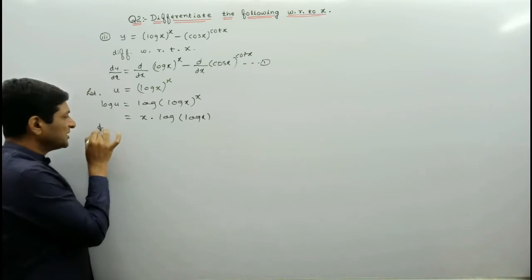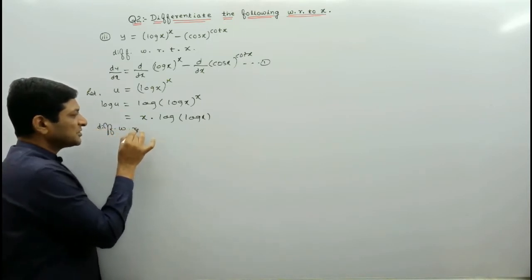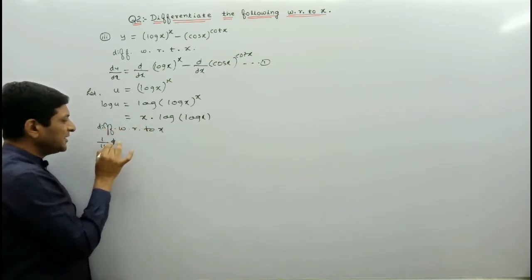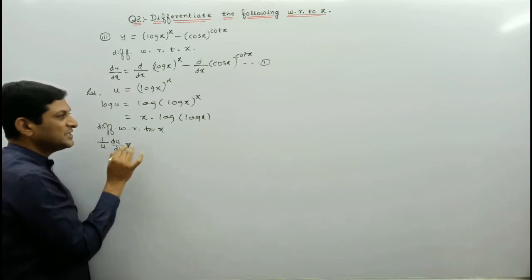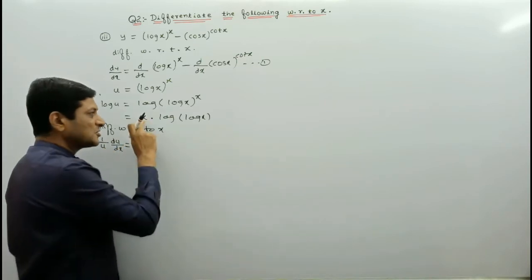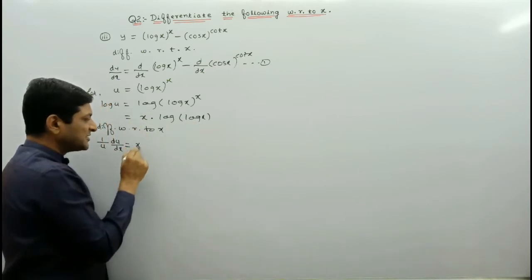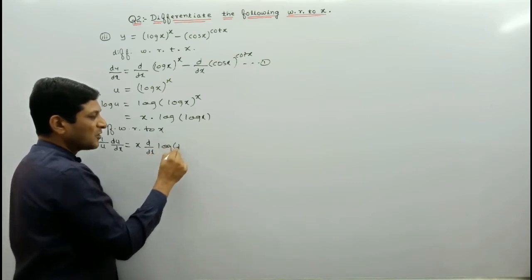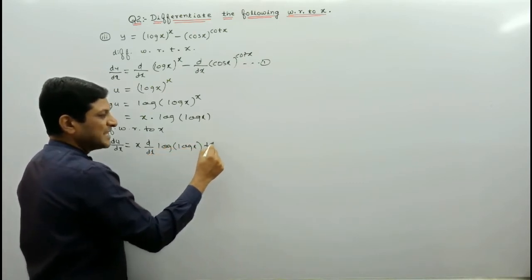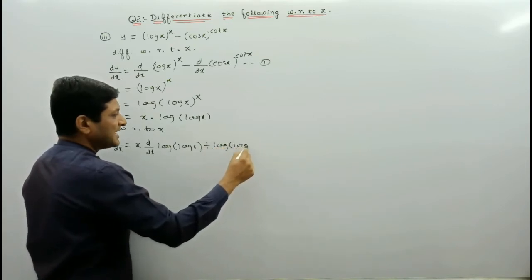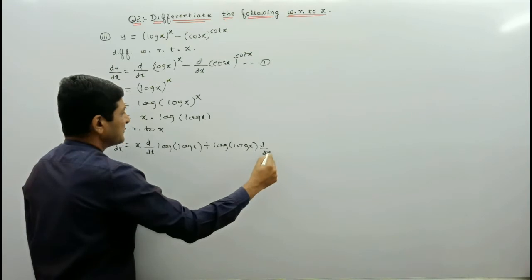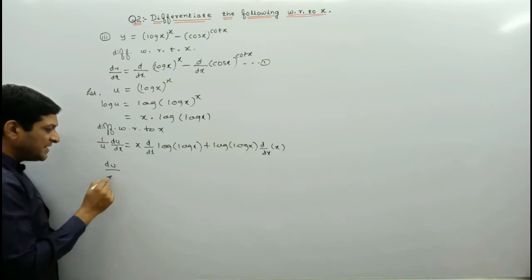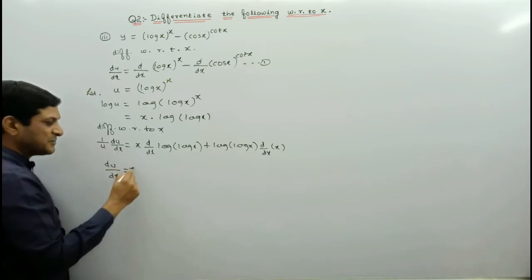So now we are differentiating it with respect to x. Derivative of log u will be 1 upon u into du by dx, and on this side to find out differentiation apply product rule u into v, means first term as it is, derivative of second term. What is second term? Log of log x, plus second term as it is. What is second term? Log of log x as it is into derivative of first term, where first term is nothing but x, isn't it? So now du upon dx will be equal to, u will get multiplied on this side.